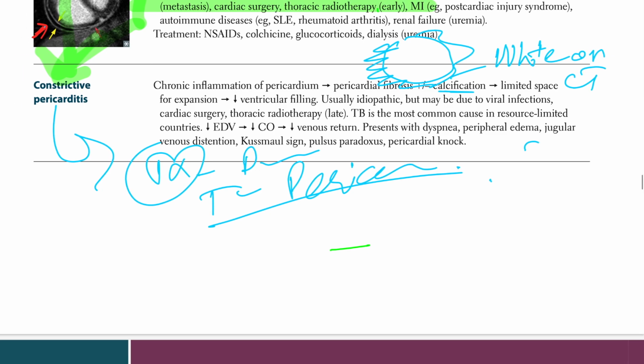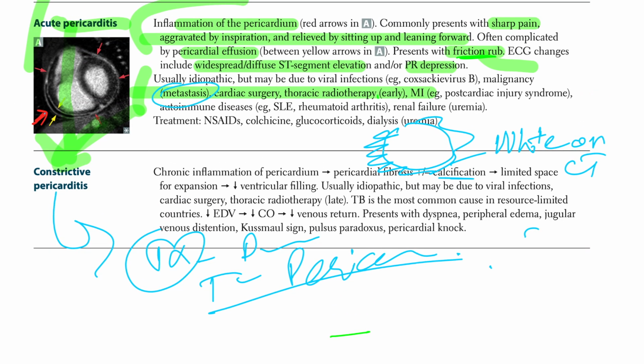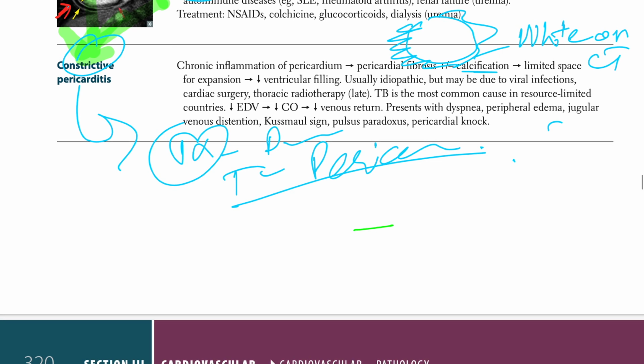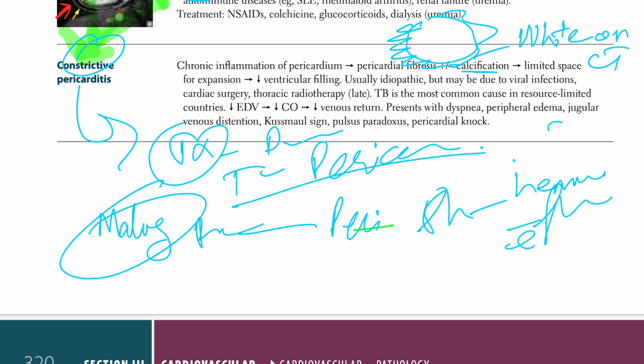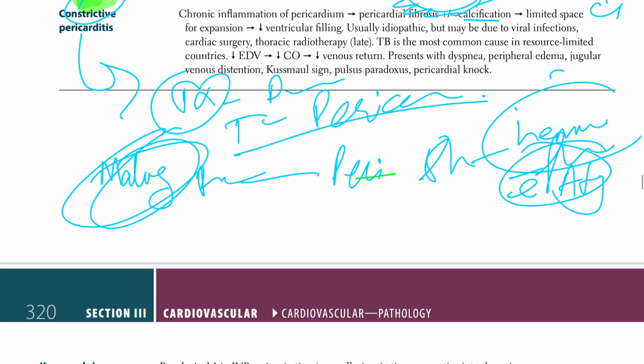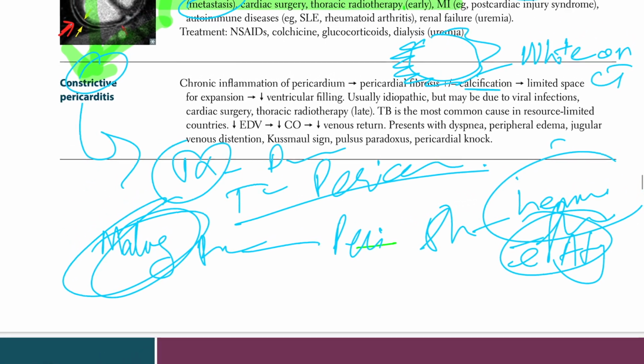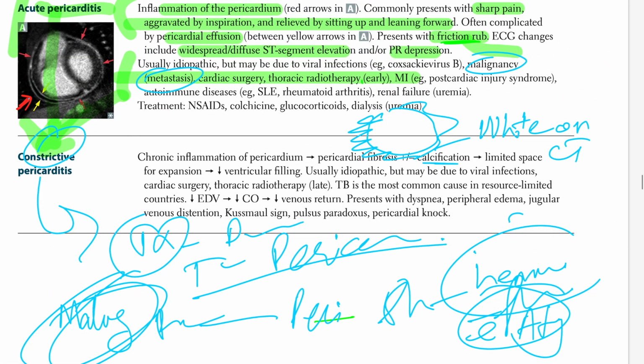With metastasis, meaning malignancy, which causes constrictive pericarditis, with the malignant pericardium, let's just write that. Malignant pericarditis is the pericardial fluid, which shows, what will it show if there is malignancy? Hemorrhagic fluid. Hemorrhagic fluid with atypical cells. So when you see hemorrhagic fluid with atypical cells, you're going to think about a malignant cause.